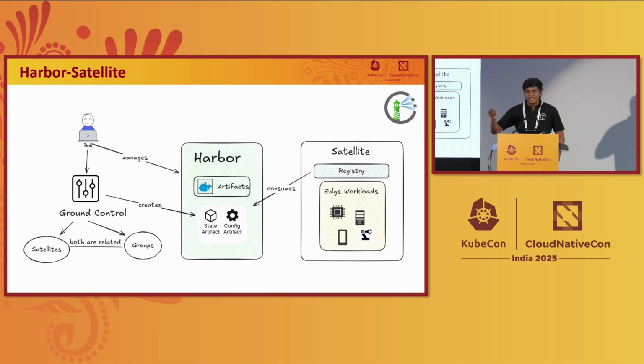If you think of it, you can't have a script SSHing into multiple satellites and doing the config updates. It is pretty much cumbersome to do, and how can you be sure that the satellite will have a connection between your system and the satellite? So that's why this is completely async. You just set the state artifacts on the satellite, define whatever you need, and the satellite will eventually come to the desired state. So that's the overall idea.